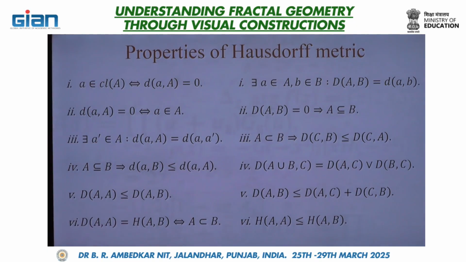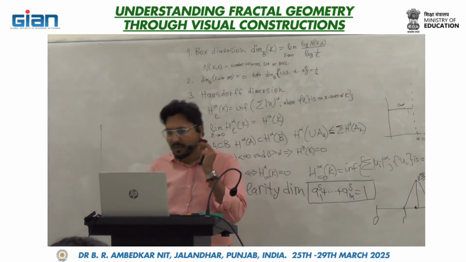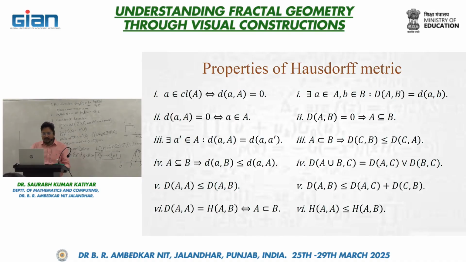And these are the properties of Hausdorff metric. Some of the properties I have quoted here. A belongs to closure of A if and only if D of A comma capital A is 0, and D of A comma capital A is equal to 0 if and only if A belongs to A. So this type of